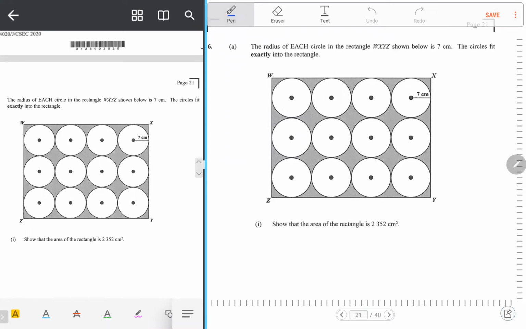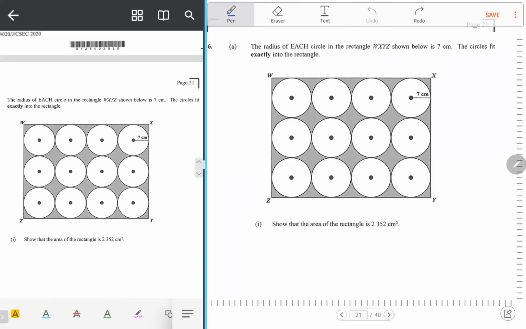Let's see. It says the radius of each of the circles in the rectangle WXYZ shown is 7 centimeters. You can see it, they have it here, 7 centimeters. When I'm reading, I'm looking to make sure that everything they say is on the diagram. Once it's done, I know that I don't have to read anything again. Anything they say that's not on the diagram, I'm going to put on the diagram. It says the circles fit exactly in the rectangle, and we can see that in the diagram. Show that the area of the rectangle is